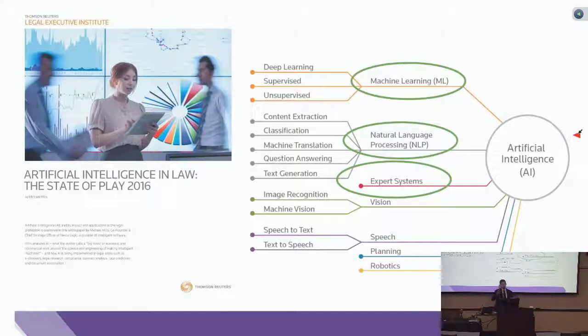So on the one hand, I think of those key law practice functions and think of different products in those spaces, but then also kind of breaking down the concept of AI into some of its more modular parts. This was a report written by Michael Mills, the founder of Jnana Logic, and it's a couple years old now, it's from 2016, but he did a really nice